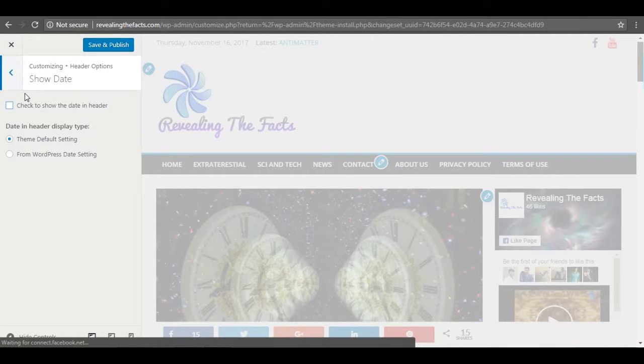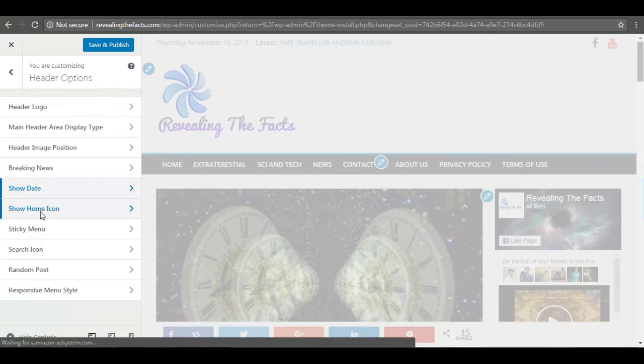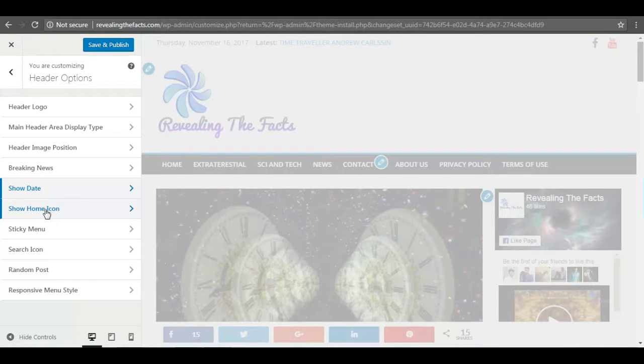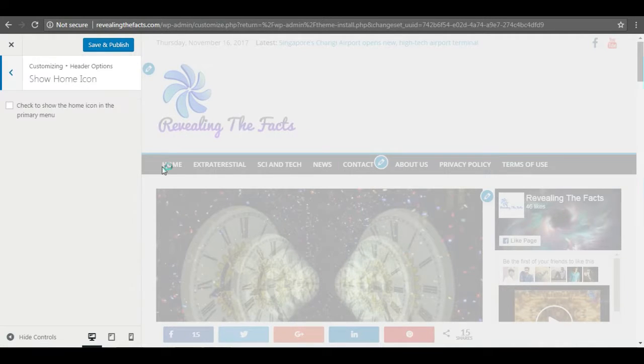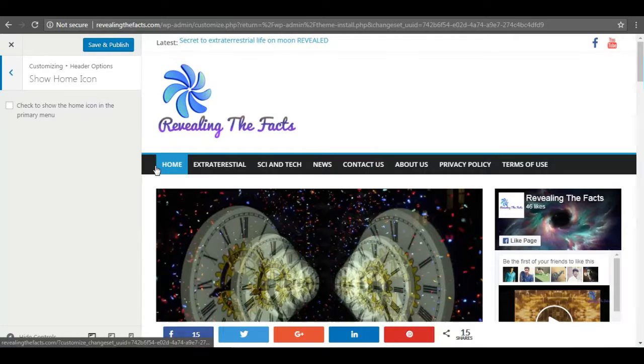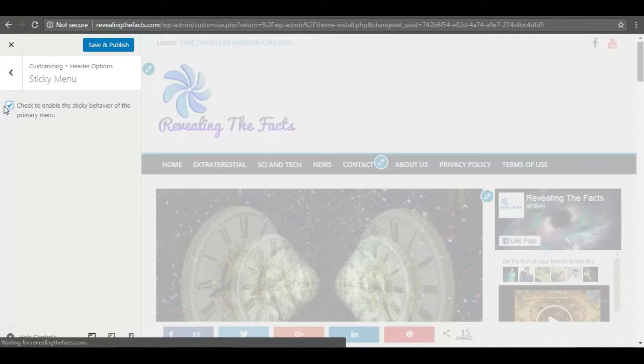So let's go and check one more, so home icon. Home icon is this part, this home I have written. If you don't want to keep this home written over here, if you want to keep the home icon over there, you can click on there. Then sticky menu is, yes, you should enable the sticky menu. What it does, like if you enable it,